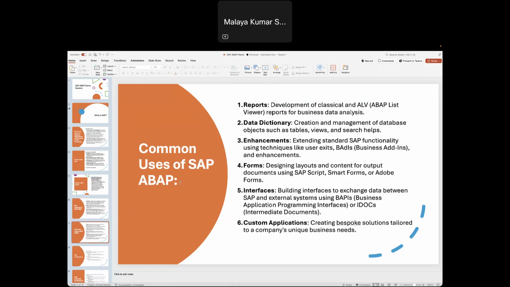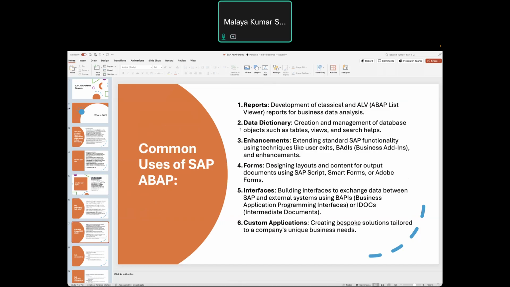Okay, so next, what are the common uses of SAP ABAP? Basically, as we are going through SAP ABAP, what are the common things we do in SAP? As an ABAPer, you need to create these kinds of objects in your system when the customer requires.